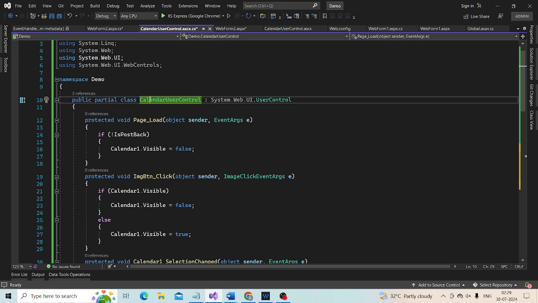And how do we raise this event? To raise the event, look at this. Whenever the calendar visibility is changed to false,